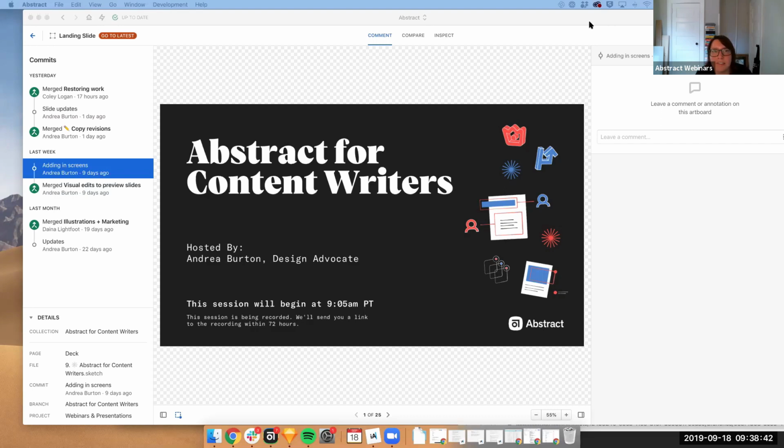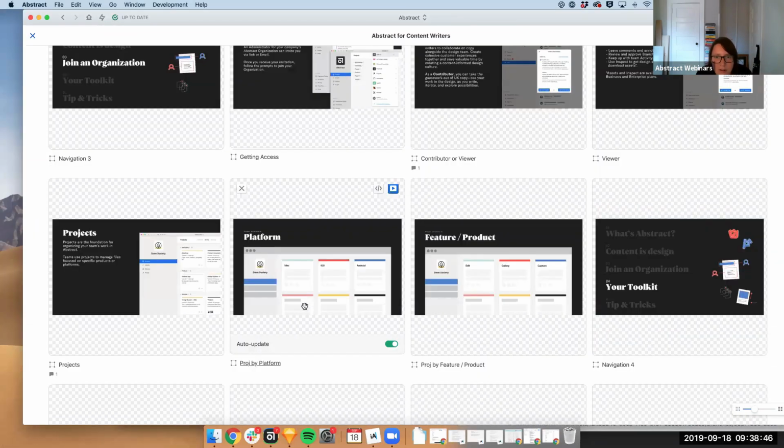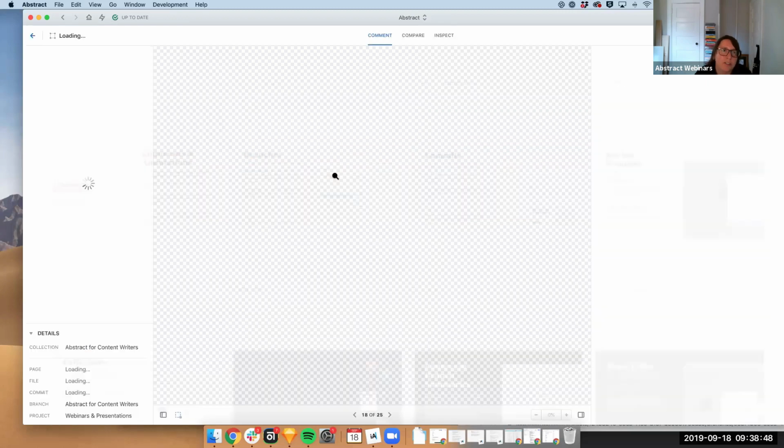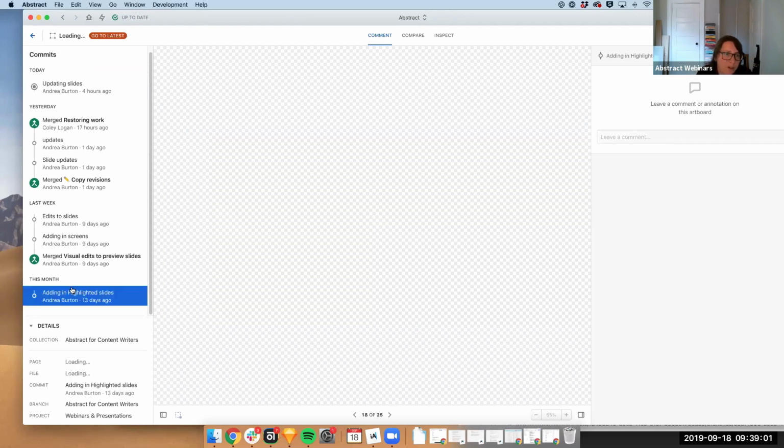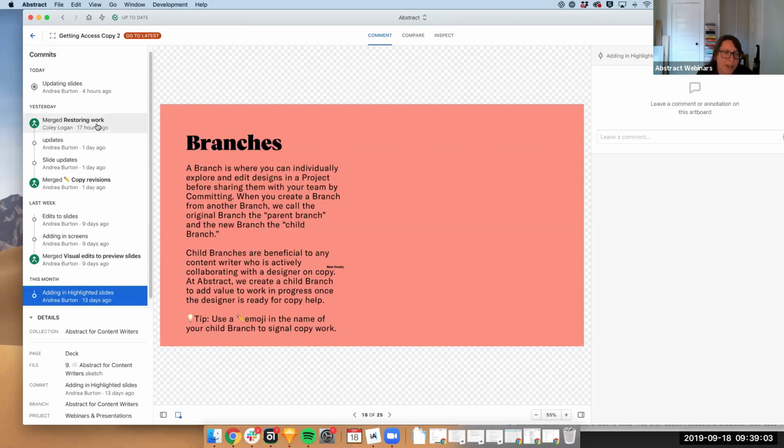I wanted to show you how design and content can work together. This is what this slide looked like at the end before I merged. But when I first started, these are commits, so I'm creating a timeline. This was my very first slide.